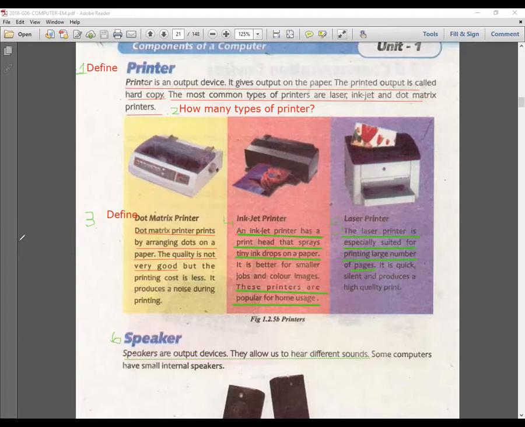Show me the thumbs up if you have done it. Good. Okay, how many types of printer, the answer is: the most common types of printer are laser, inkjet and dot matrix printer. Yes. Okay, everybody has done it. I am going to stop sharing my screen.